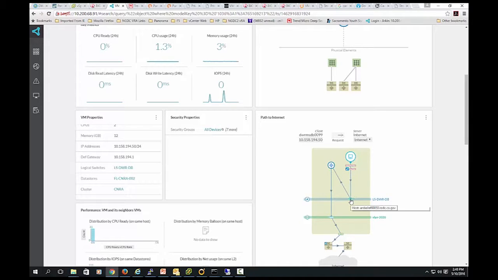This is our path to the internet for that one VM. It shows you what firewalls it goes through. It shows you the NSX segment it goes through. It shows you the distributed router you go through. Shows you a transport network. Then it shows you,